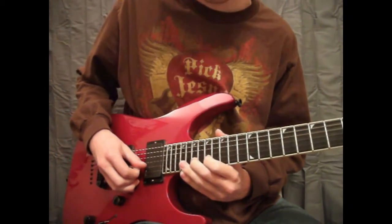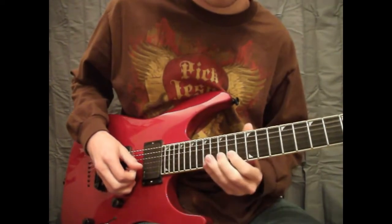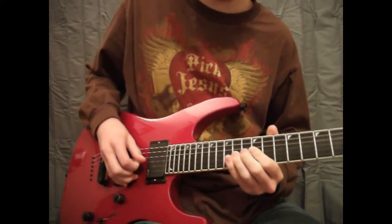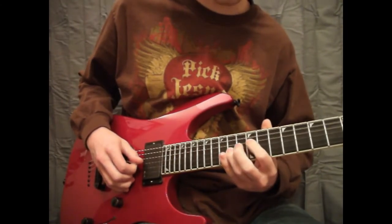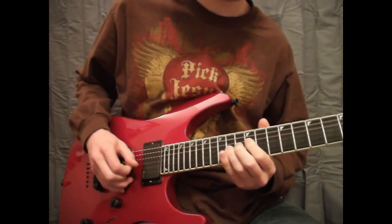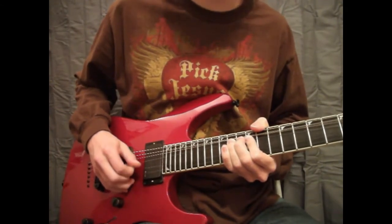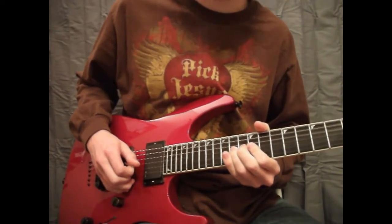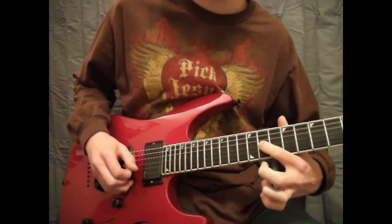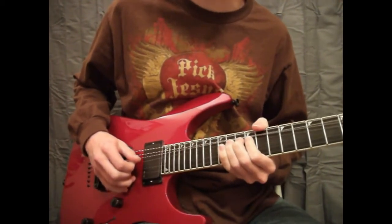Now this is the B string. 19, 17, slide down. 15, 14, bend. Then on the G string, and then we're going to go to the D string. So the G string will be 14, then it'll be 12 on the D string. Bend up, back on the G string. 14, 12, 14, 15 on the B, then a G string, 11th fret, 12, 14, bend that up,